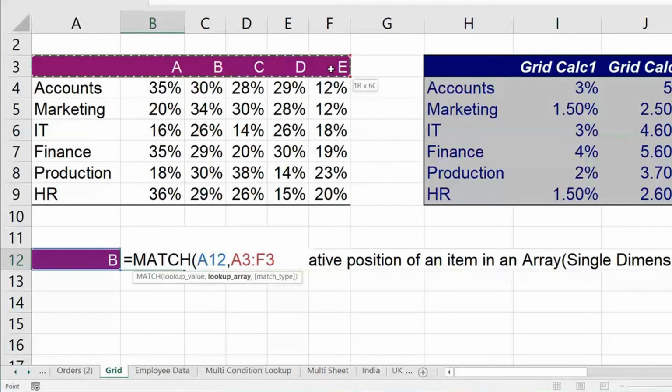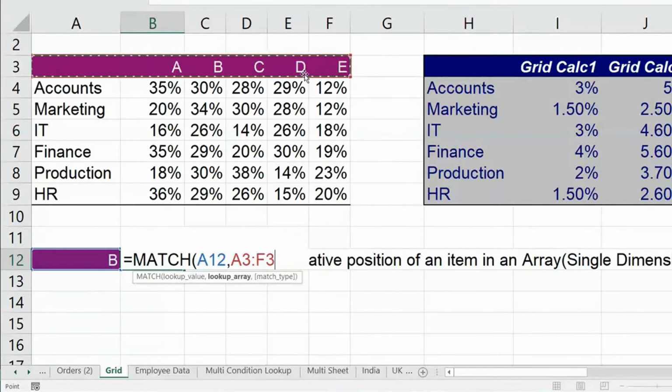MATCH can work in a row or in a column. But here I want to search in a row array because I'm searching for a value which is available in a row, right? So here to here. See, I can also start from here. There's nothing wrong. But start from a place from where you want MATCH to start counting. See, if I start counting from here to B, it will be 2. But maybe this might be a wrong input for my VLOOKUP. VLOOKUP B is where 1, 2, 3. So you have to think in that context. That's the reason why I started from here, relevant to my VLOOKUP table.